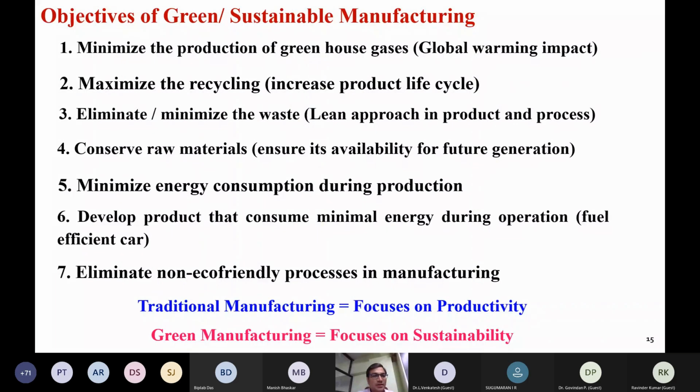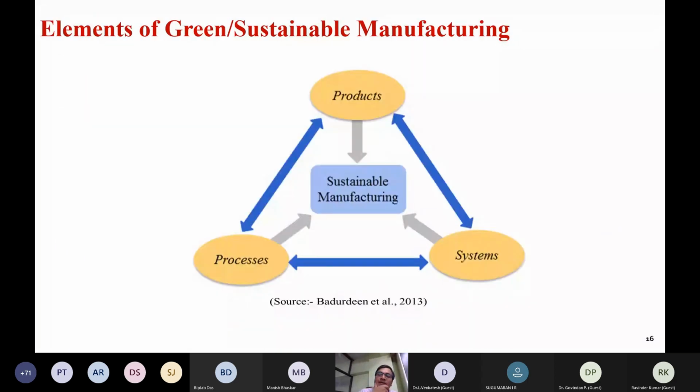Now, after understanding this, what should be the elements of green or sustainable manufacturing? If you say that only we will make green products, we should design our product as a green product, we should use green raw material, then it does not fulfill the need. Yes, that is the objective of green manufacturing. Then organizations should think